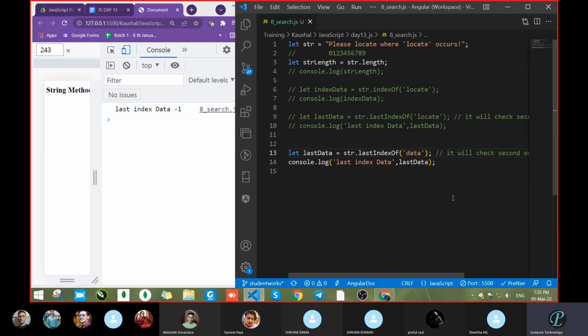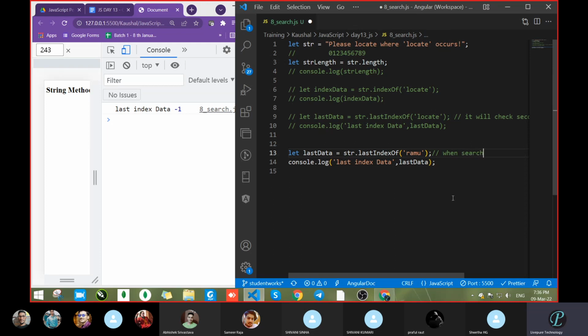Did you get this one? It's very simple. Whatever value we are searching for, if that value is not available, it will not tell you that the value is not available. Like we are searching for Ramu, but Ramu is not there. It will give you -1 when you do not get the search result.